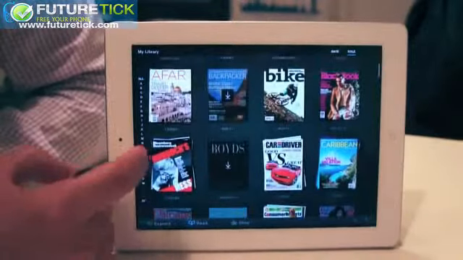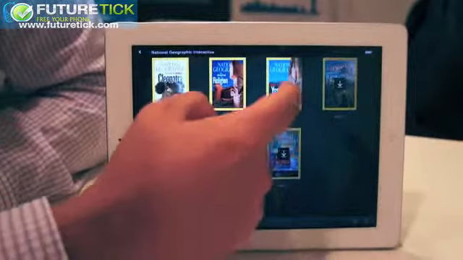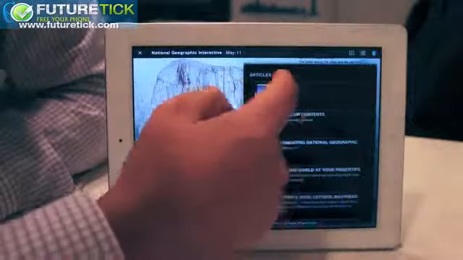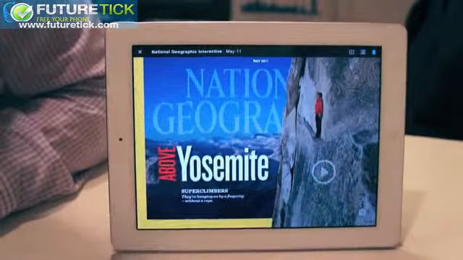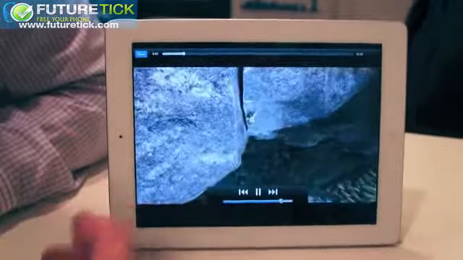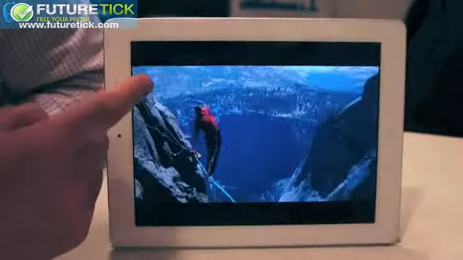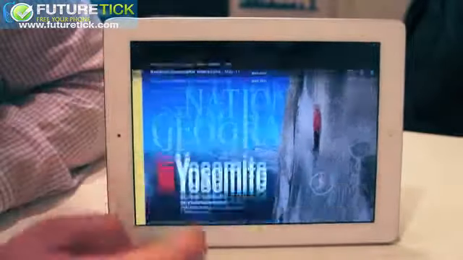And as I go through, I can have various experiences. In this case, National Geographic. It will take me to the last page I left off reading. I'm going to pull up the cover. But you can see this magazine is much more than simply a National Geographic magazine. It has video. It has a much more interactive experience. And that's where we're going with this: magazines that are designed for the medium, that are much more engaging, much more